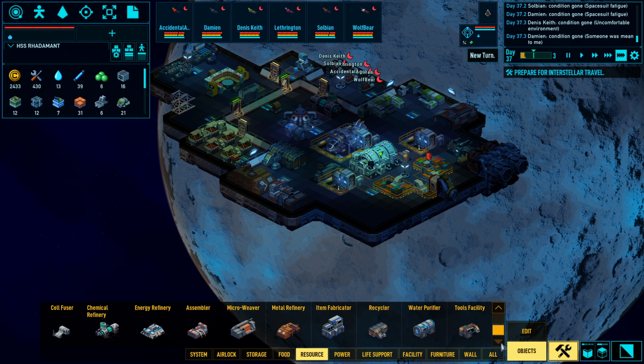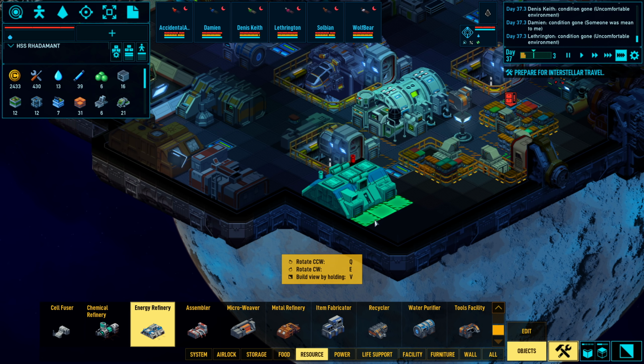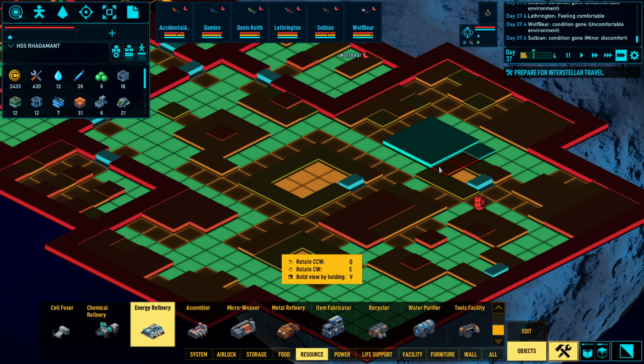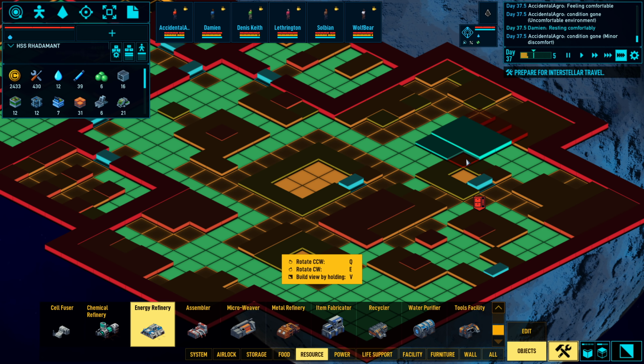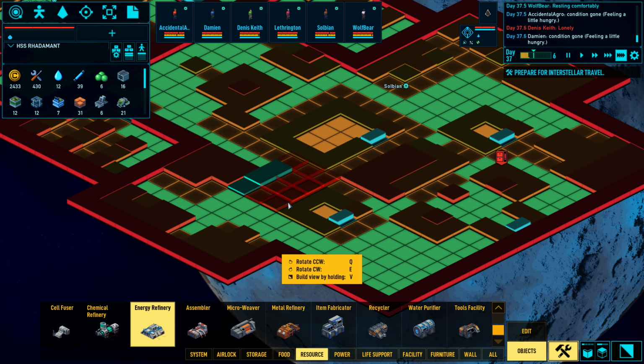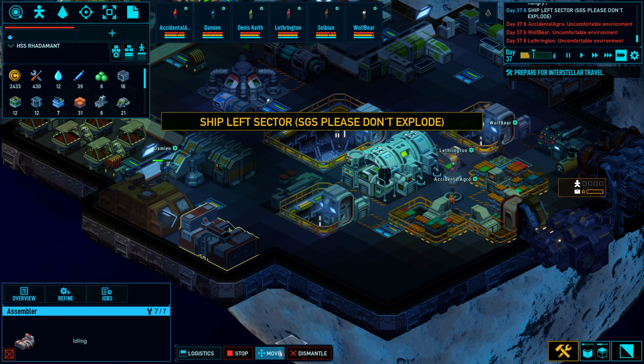Then what else don't we have? I don't think I have an energy refinery either. As you can see, there's just really not a whole lot of space we can put this that doesn't then cut off the rest of the base. There would be the possibility of moving things around a little bit just to...